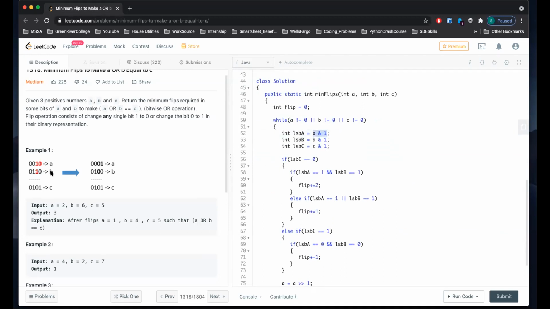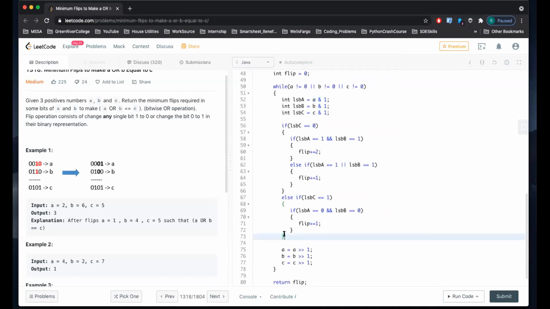When I say LSB, for example, on this binary number, the MSB would be on the left corner, and the LSB is on the right corner. This gives me the LSB for every integer, and I store them in LSB-A, LSB-B, and LSB-C.